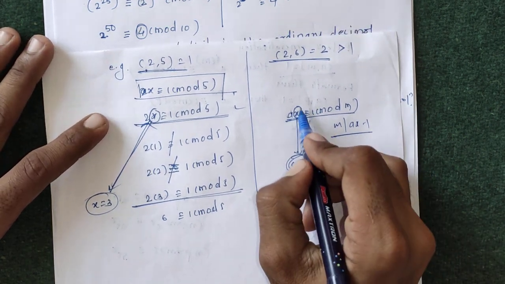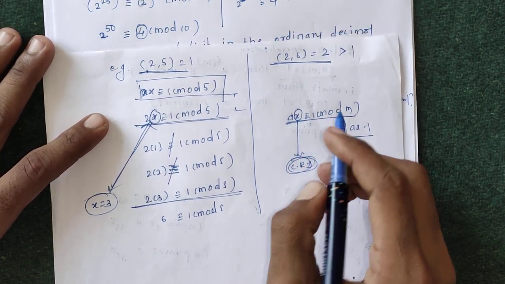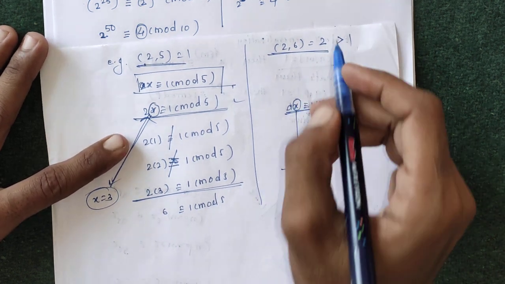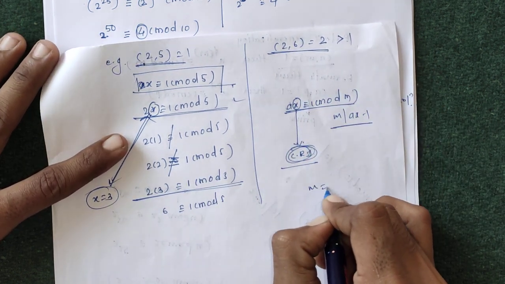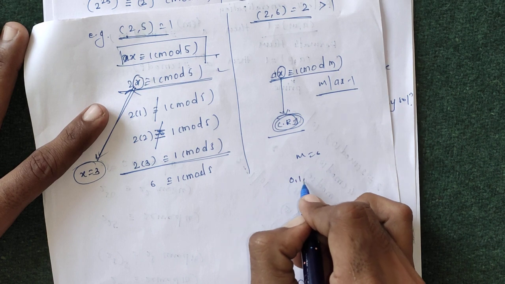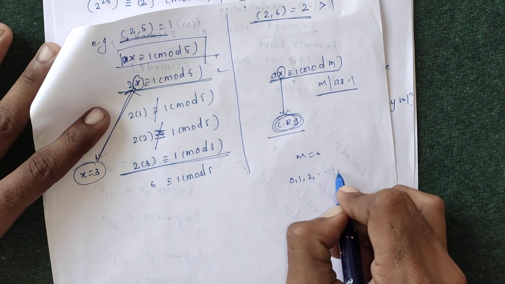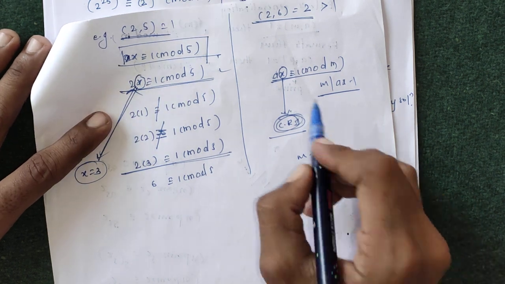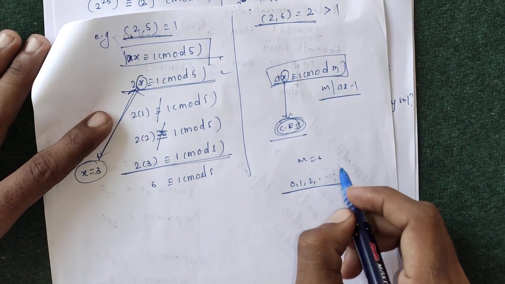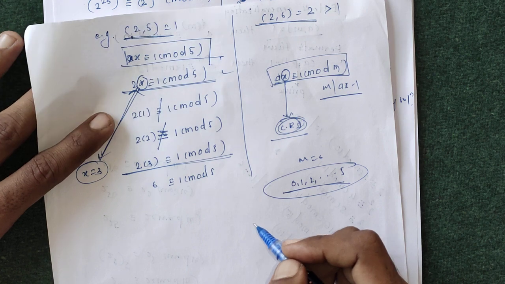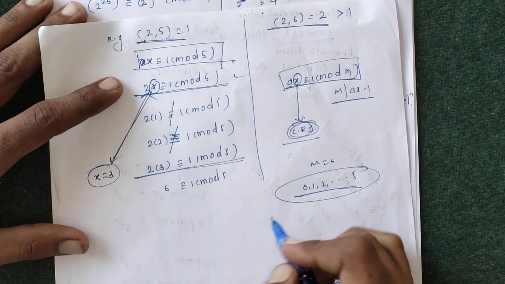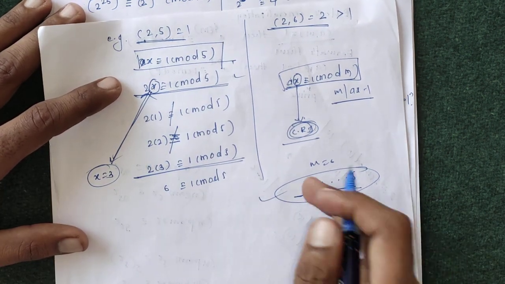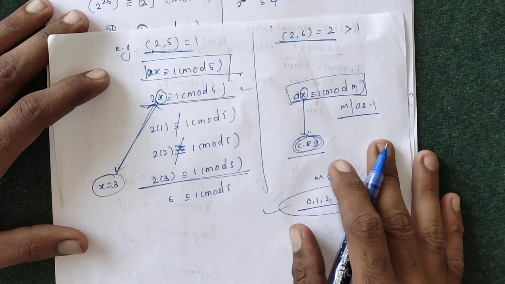So we are just checking the residue system among all the integers. For example, for M equal to 6, the residues are 0, 1, 2, 3 up to 5. These 6 numbers are from the CRS, and to find the solution, we only check these 6 integers. We can write this as a note after this theorem, before the proof of this theorem.